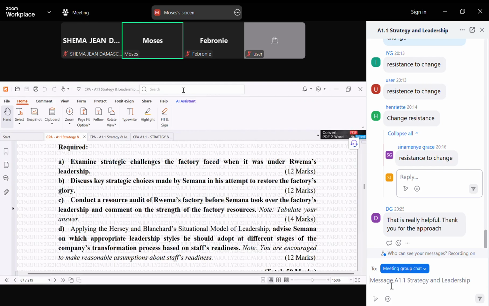But I think with that, I would say that's it. There is really nothing more I can say, other than to wish you the best. Use the remaining few days to take away everything I've said now, fine tune your revision, and use the question answer approach that I have given you, and you should be able to pass this paper.